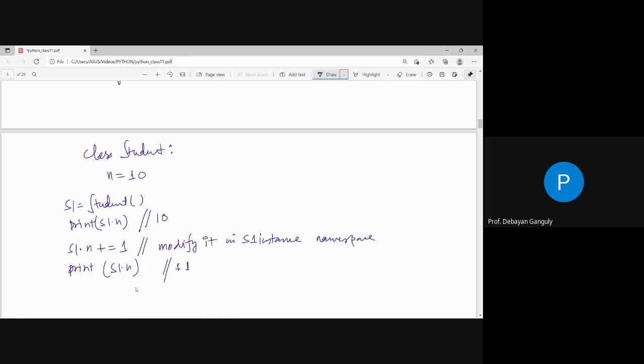এবারে ধরো আমি যদি s2 আরেকটা ইনস্ট্যান্স ক্রিয়েট করি এবং যদি প্রিন্ট করি s2 dot n, তাহলে এটা কিন্তু 10ই ডিসপ্লে করবে, এটা কিন্তু 11 ডিসপ্লে করবে না। কারণ একটা ক্লাসের রেসপেক্টে যেমন একটা ক্লাস নেমস্পেস হয়, তেমনি ইনস্ট্যান্স যদি ক্রিয়েট করো, ইনস্ট্যান্সের রেসপেক্টে দুটো আলাদা আলাদা ইনস্ট্যান্স নেমস্পেস তৈরি হয়, এবং ইনস্ট্যান্স নেমস্পেস তৈরি হওয়ার জন্য আমাদের এই ঘটনাগুলো এইরকম ভাবে ঘটছে। আশা করি এই ব্যাপারটা বুঝতে পেরেছো।